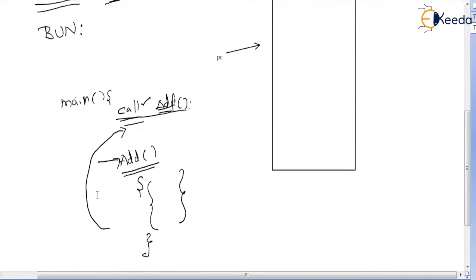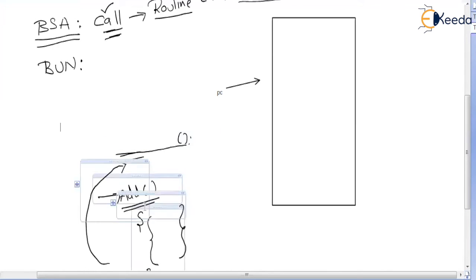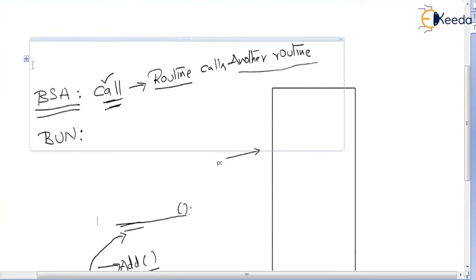Now let us stay focused. When you try to execute a call instruction in high-level language programs, the corresponding machine language instruction that gets executed is the BSA instruction.